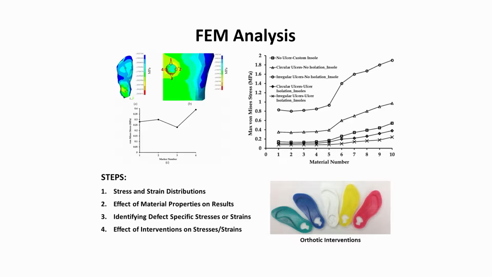So based on all these materials, we found out that the ulcer isolation design was working very well for offloading. Fairly intuitive, but we could test it very easily with different material combinations. Along with that, we found material 10 is not the most effective, it's probably the least effective in this case. Materials 1 through 5 specifically were leading to the minimum stresses generated near the ulcers. So these materials 1 through 5 were a good fit for our particular insoles, and